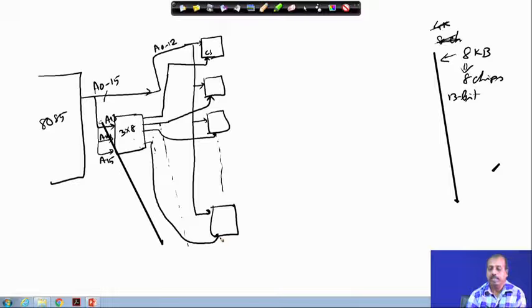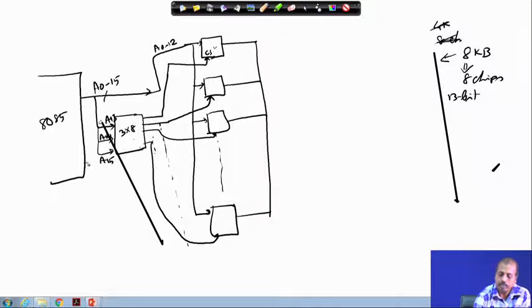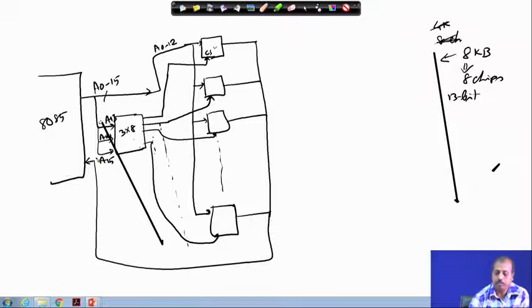Then what will happen, any address that is produced, if it is in the range of 0 to 8k, the first 8k, then this chip will be selected and this data will be coming out of this chip. Now, if I tie all these data lines together and feed it to the data line of the microprocessor, then the corresponding content of the corresponding location will be available to the 8085 onto the data